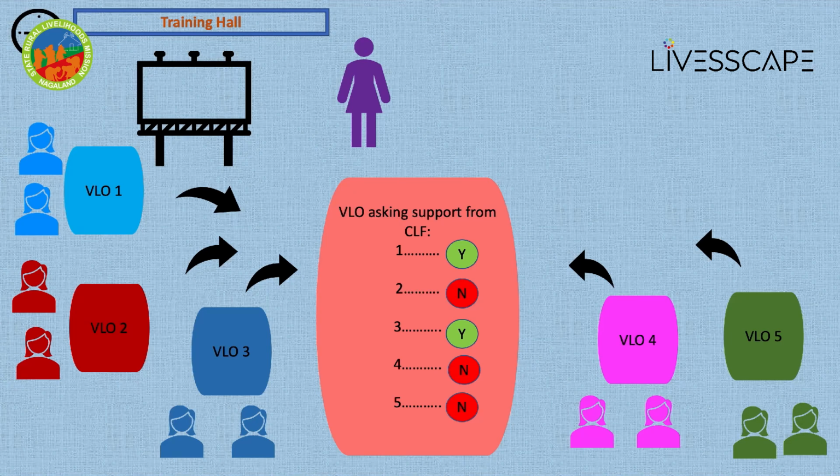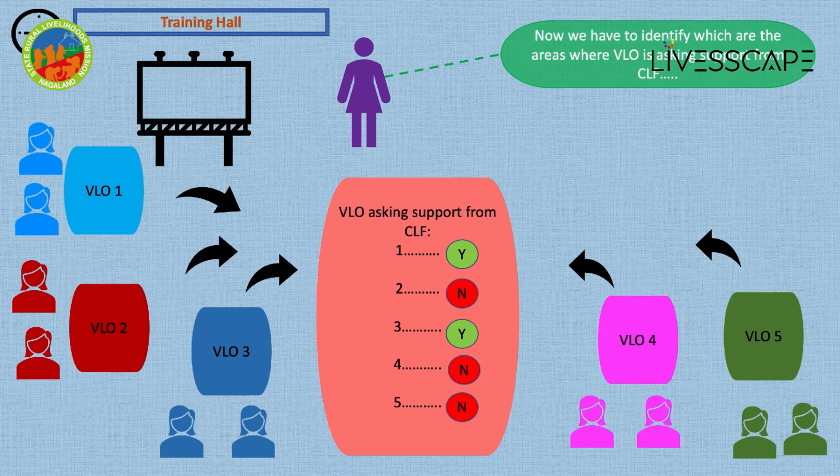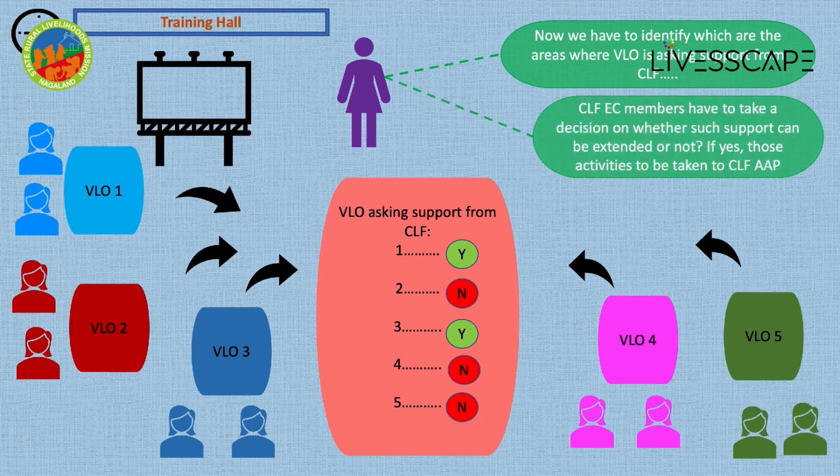Once all the presentations have been made, please announce to the group that now they have to identify from every format what are those areas where every VLO has been asking support from the CLF. Those areas need to be listed down, and then the CLF EC members will have to decide whether the support that has been asked would be extended to the VLO or not. And if yes, what are those activities which would be taken up by the CLF in their annual action plan